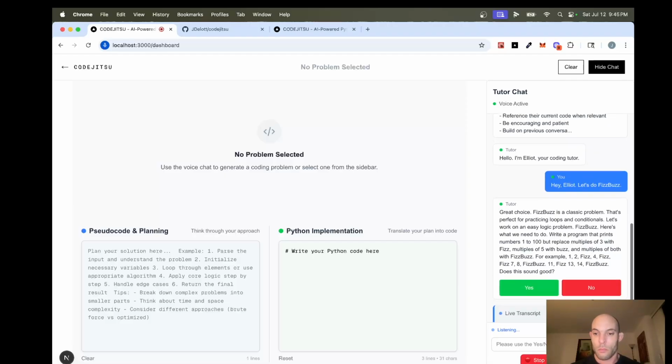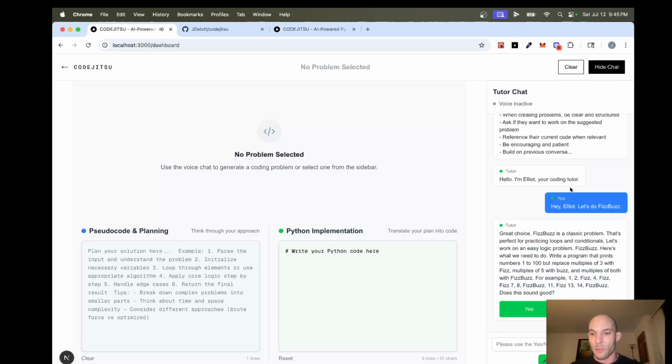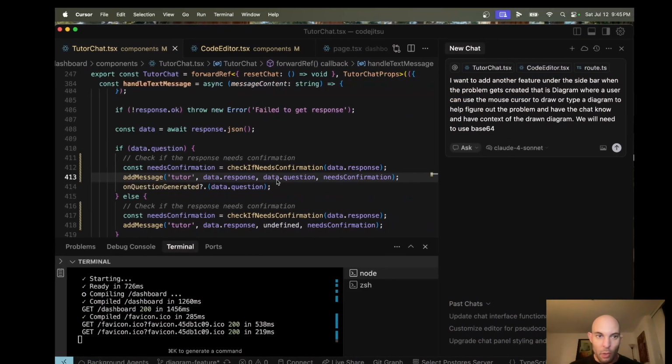Does this sound good? Yeah, so at this point it pauses the chat, and if you look in the code,